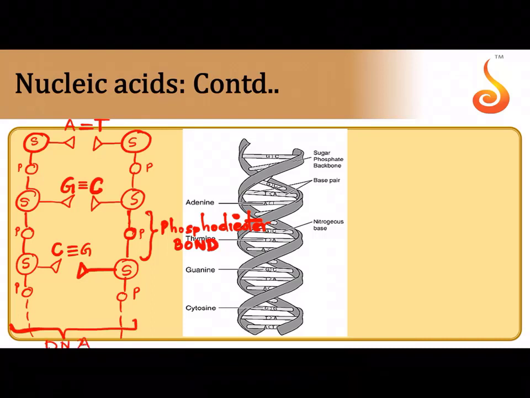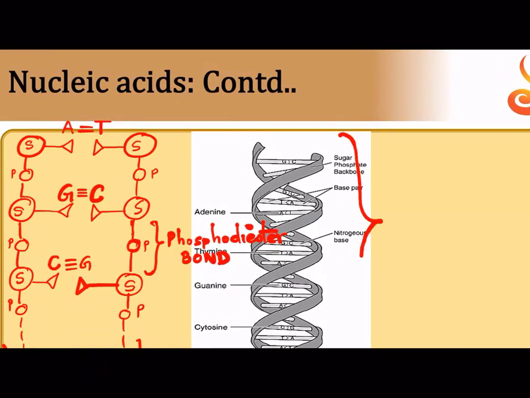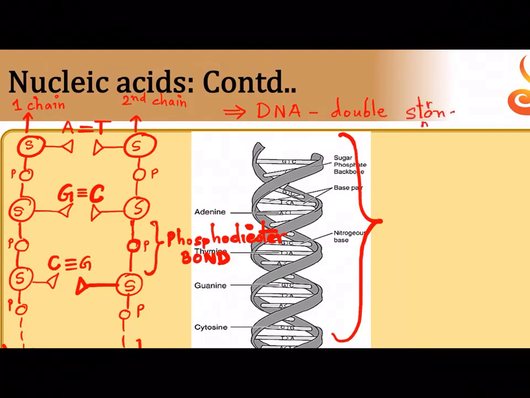Now you may ask a question: does the DNA have a ladder like appearance like this? No. You take this ladder and you twist it, you will get a spiral staircase like structure. That is what is your DNA double helix model. Now let us see if all the components are visible to us. Now how many polynucleotide chains? This is one polynucleotide chain, and this is the second polynucleotide chain. That's why we say DNA is what? DNA is double stranded in nature, and you can see that it has two chains.